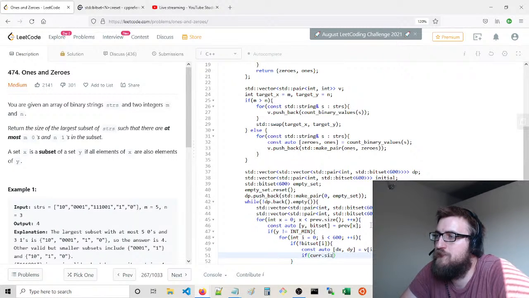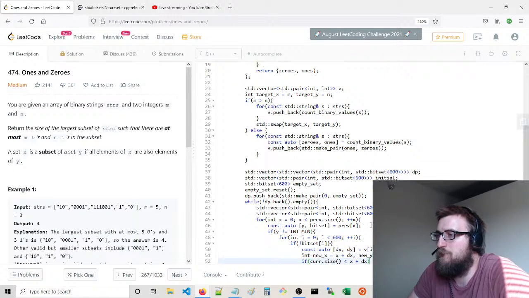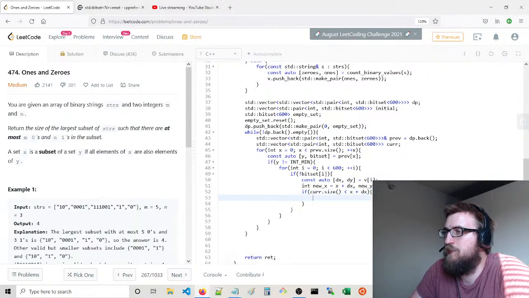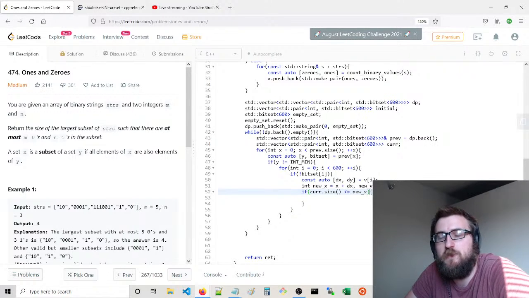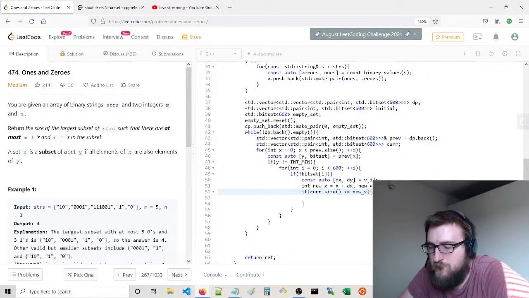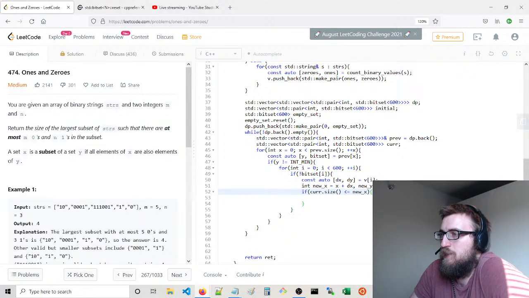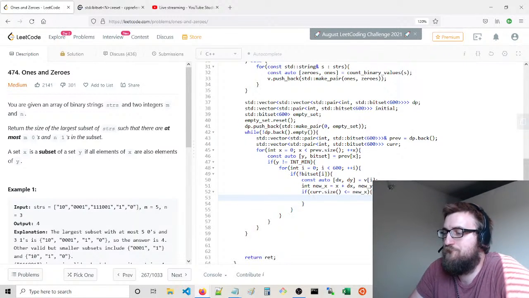Current dot size is less than x plus dx. So it's going to be new x is x plus dx, and new y is going to be y plus dy. And we're going to say if the current size is less than the new x, or if it's equal to the new x, in other words, it doesn't contain the new x. So if the current size is 5, that means you need to increase, right? So it's less than or equal to the new x, then we're going to